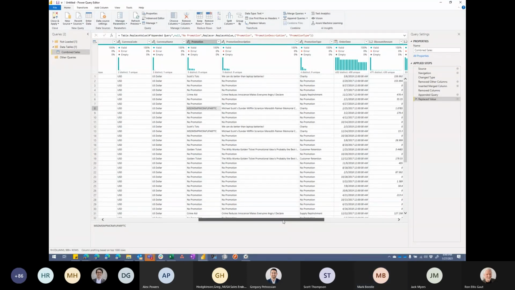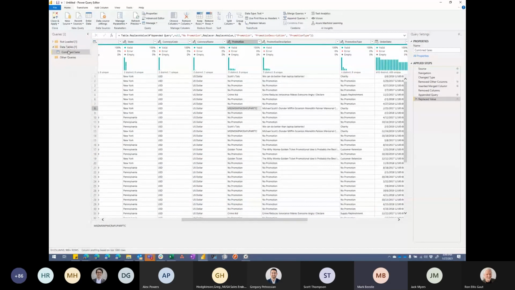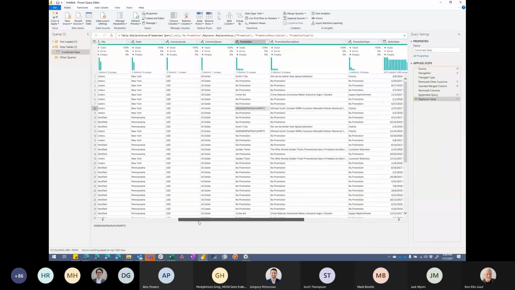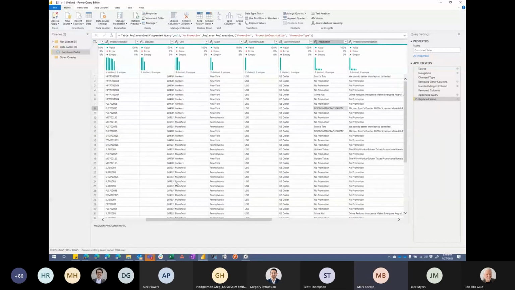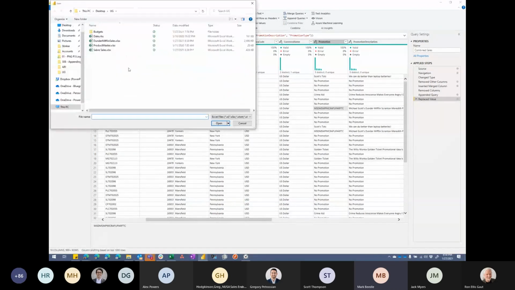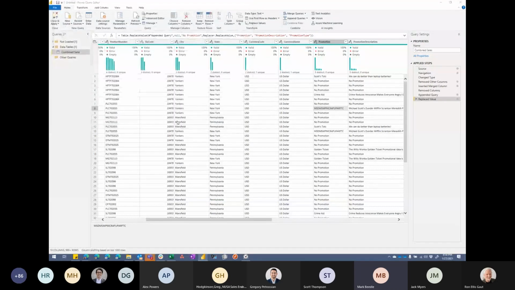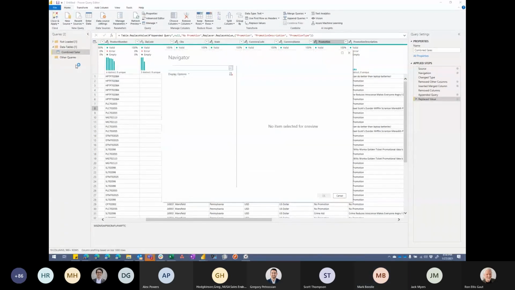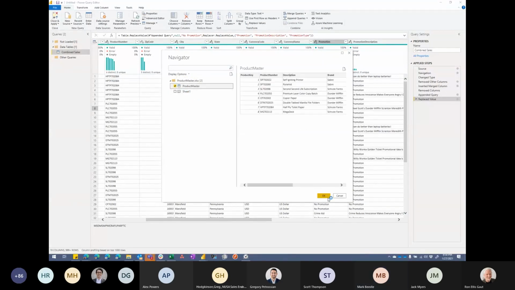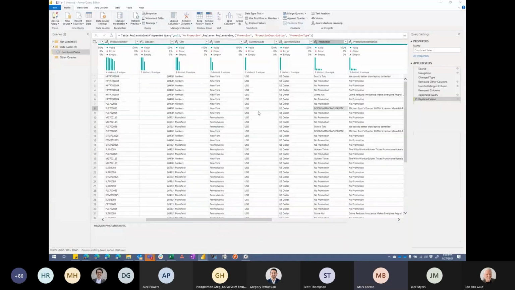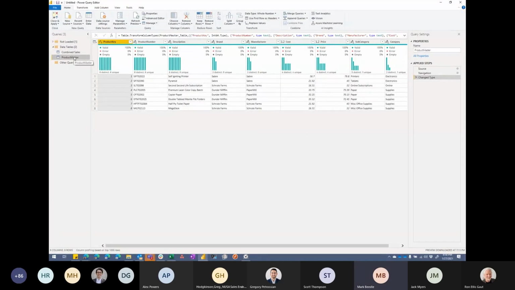So the first thing I'm going to do is, if you remember, I moved a bunch of product information. And the reason I was willing to get rid of all that product information was Sabre has this master data management department that defines all the attributes of a product, right? And they said, we'll give you a spreadsheet of that. So I'm going to go grab that spreadsheet real quick. So I've got this product master that the MDM team gave me. Let's take a look at that. My button's yellow here. I'm going to click OK. We're already in Power Query, so that's helpful.